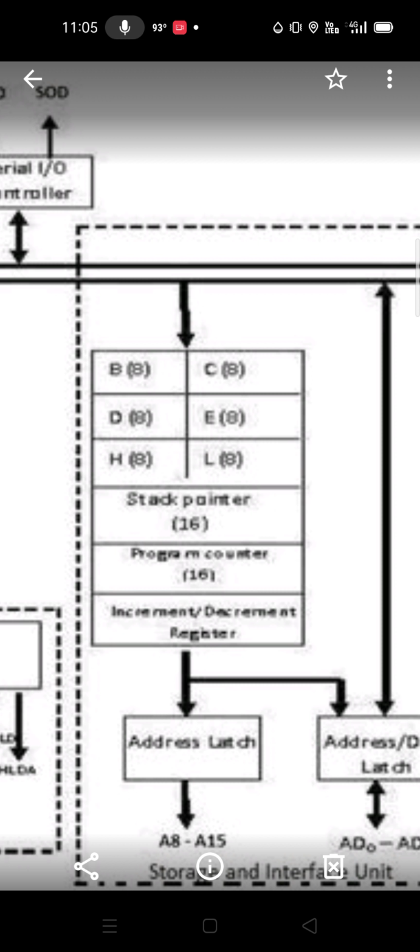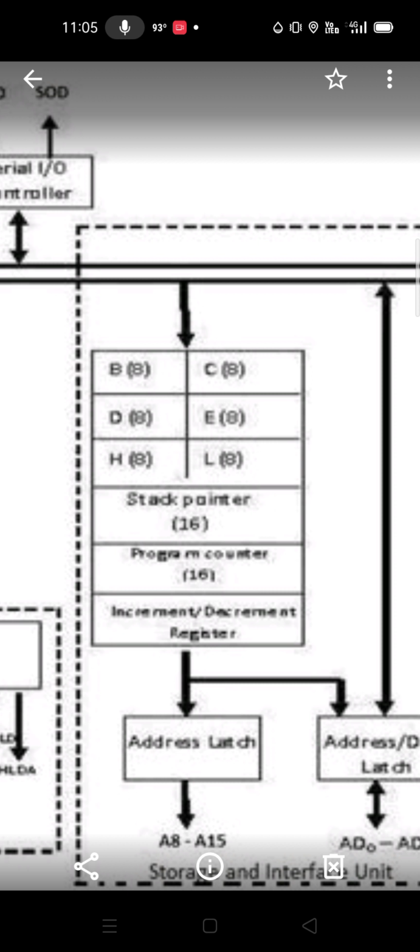So the program counter is always ticking, but it depends on what kind of clock is given. It starts the timer and increments and decrements. You may want to increment the program counter for some reasons, and decrement the program counter for some reasons, and then store it in the address latch or data latch.